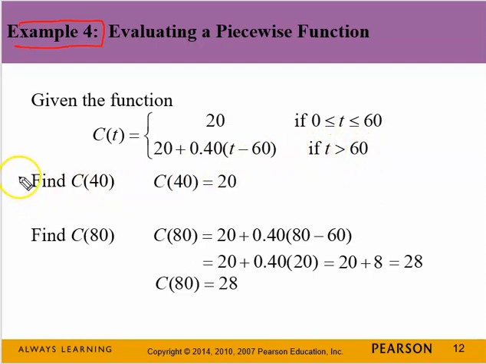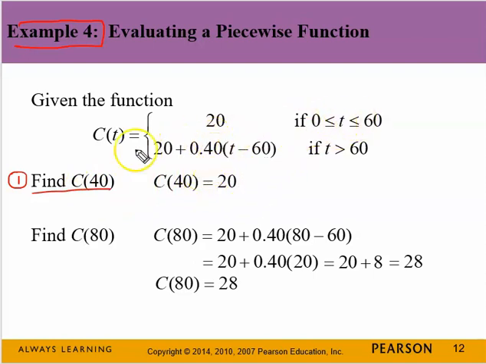So the first thing they're asking us to do is to find C of 40. Well, where does the 40 fit into our piecewise function? Well, 40 would be in here, this restriction. So C of 40 is equal to 20